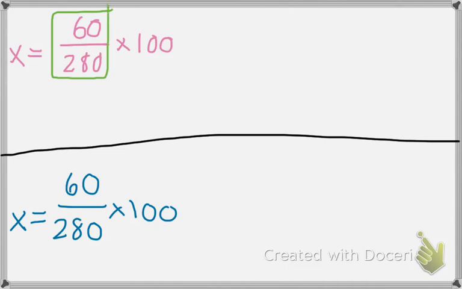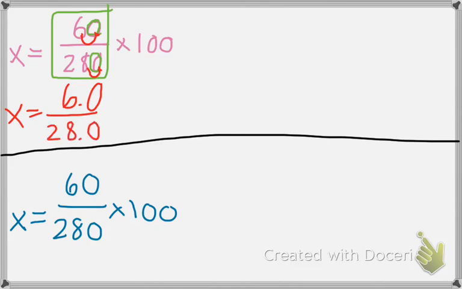Now, one thing I just want to throw out there is, do you see how there's a 0 here at the end of the number, and there's a 0 here at the end of the number? When you see that, what that means is that both of those numbers are divisible by 10. So if you divide those numbers by 10, basically what happens is, this is really a decimal right at the end of both numbers. Let me make that a different color so you can see that. When you divide any number by 10, the decimal point moves one space to the left, because 10 has 1 zero, so it moves one space to the left. So when we do that, you would have x equals 6.0, but you can just get rid of that 0, over